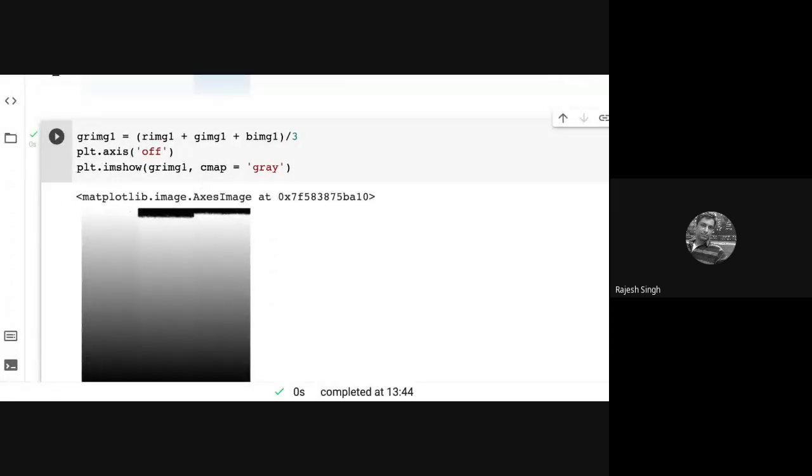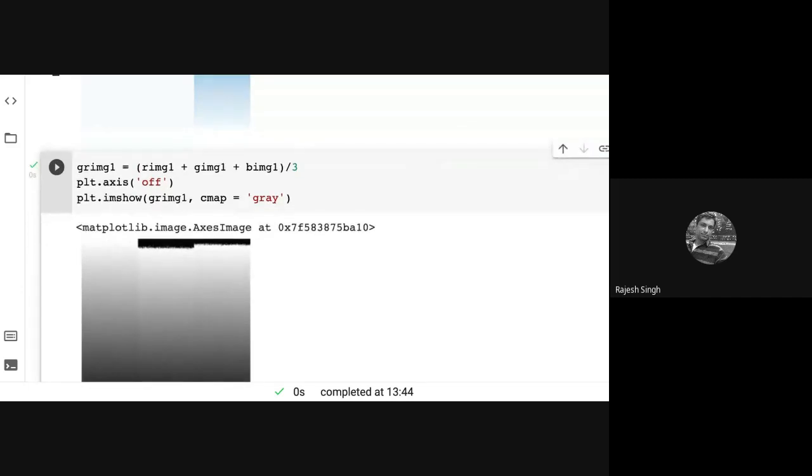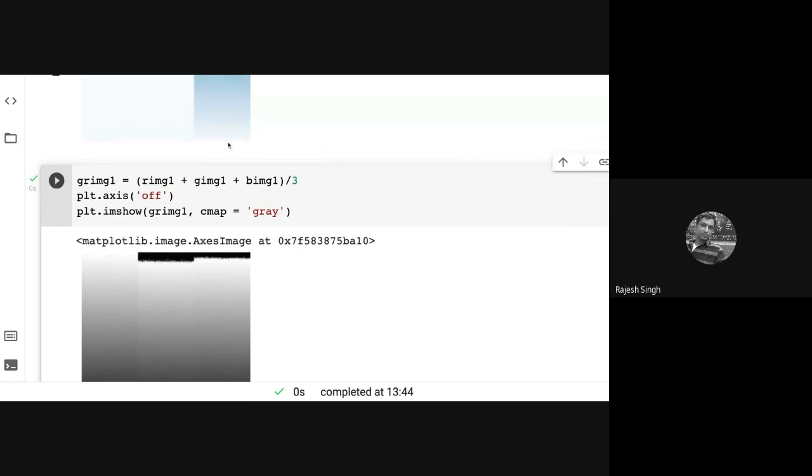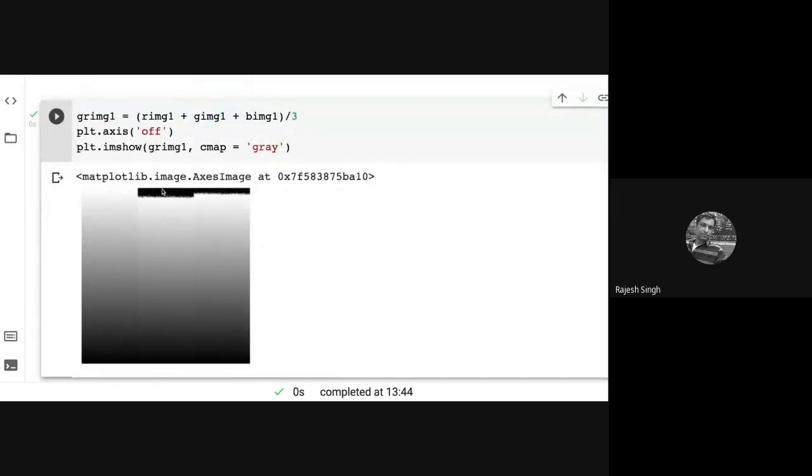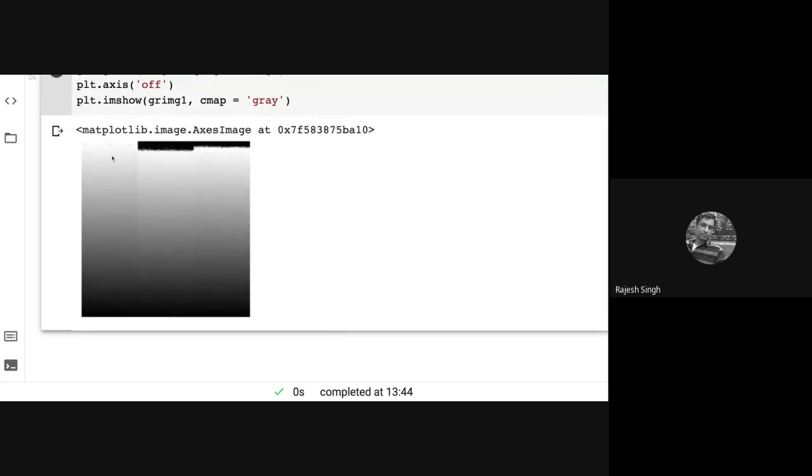A boundary effect. One minute. It was not there when I tried earlier. I'll show you. So here is my earlier trial, and it was not there at this time. Anyway, I'll try to figure out the reason for this black strip, but let us ignore that and talk about the expected answer.